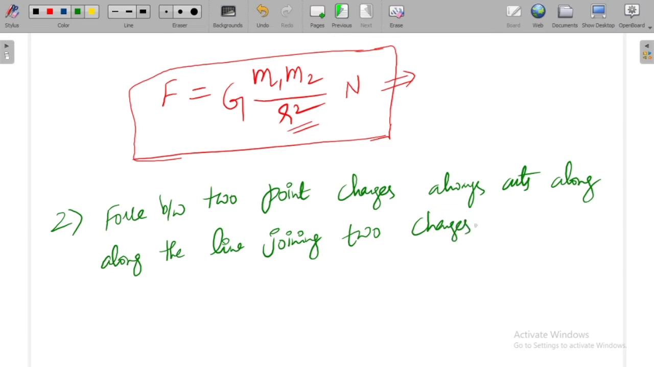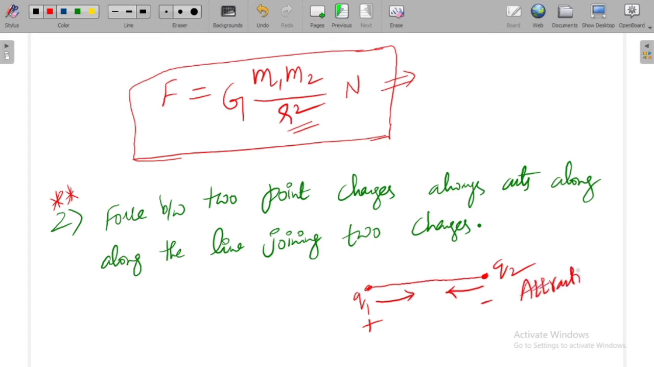So this is one more important fact which we need to keep in our mind about Coulomb's law. For example, when you have a charge Q1 here and a charge Q2 here, the force between them acts along the line joining the two charges. This is the line joining the two charges. If this is positive and negative, the force on this charge will be in this direction, and the force on this charge will be in this direction, because it is an